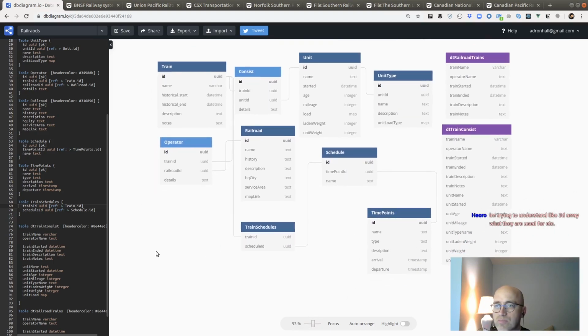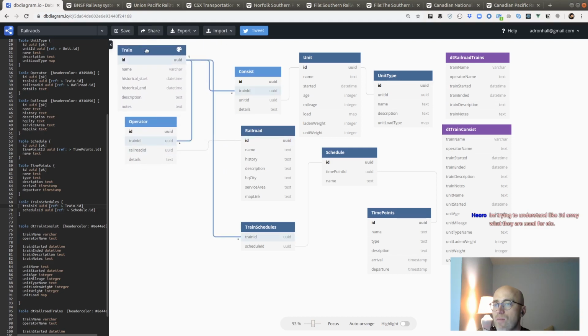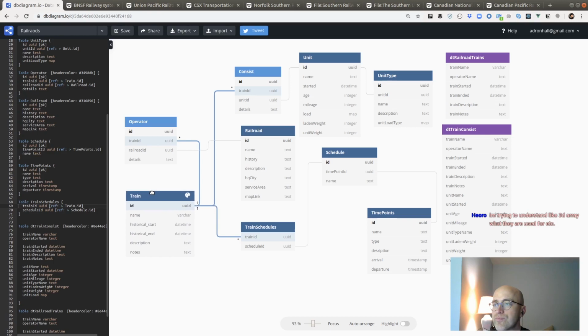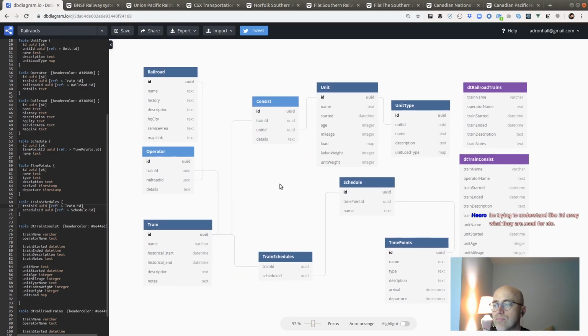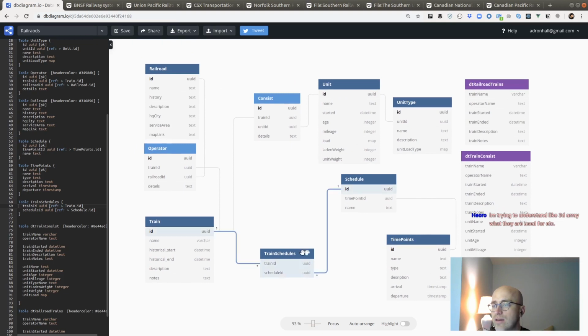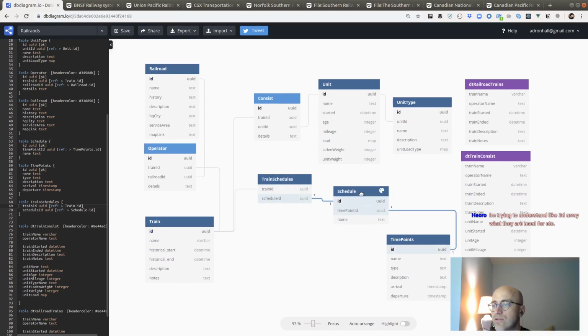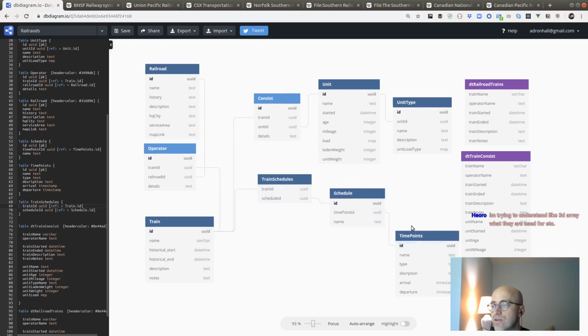This isn't a specific hardcore tool in regard to that. Yeah, this is fine. This is all I want to do anyway. It's just basic alignment of this stuff. Let's put this up here. Okay, cool. So there's schedule, time points in the schedule.